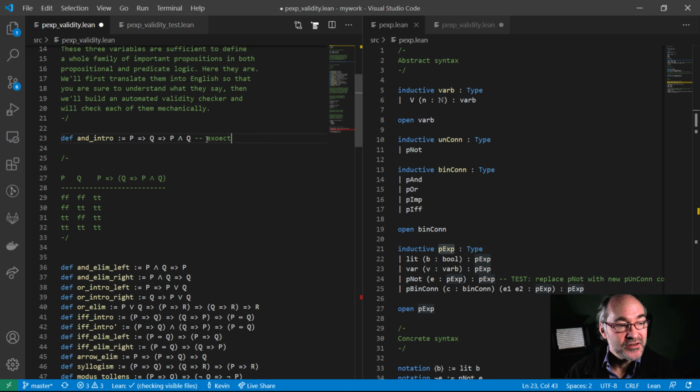So we expect that when we test these propositions for validity mechanically, this is valid. And I'll write it like that. The reason we expect that it's valid is because under all possible interpretations of the variables that appear in this formula